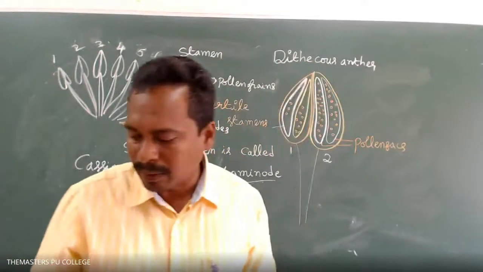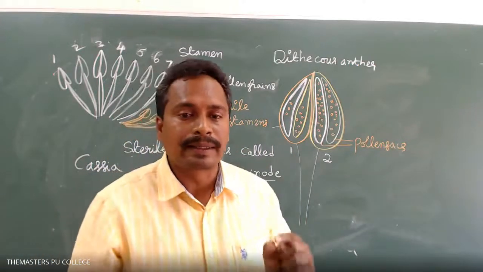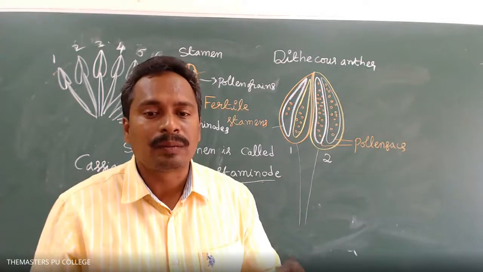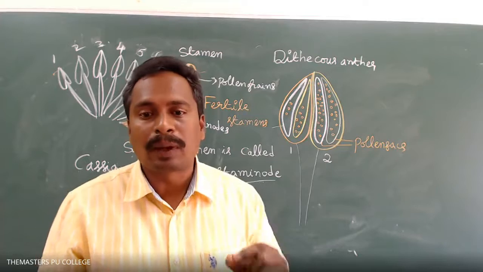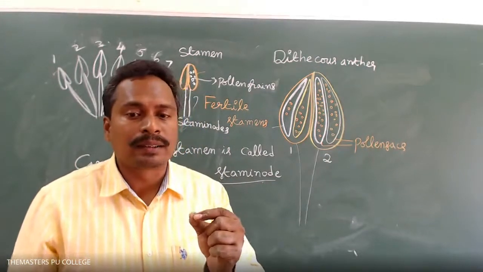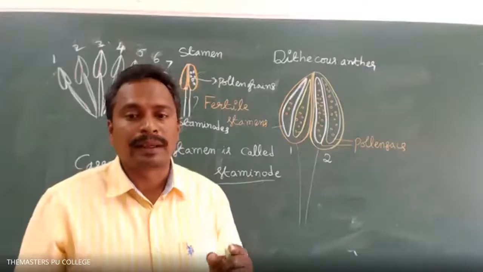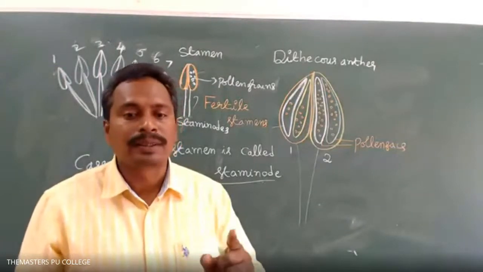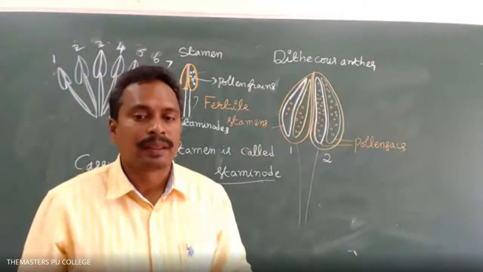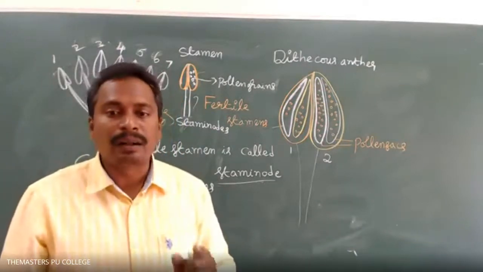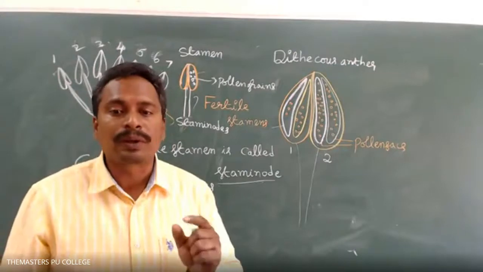In majority of the plants, suppose pea plant, 10 stamens are there. All the 10 stamens are able to produce the pollen grains. Datura plant, thorn apple flower, you have already seen that thorn apple. 5 stamens are there in each flower of the datura plant. All the stamens produce the pollen grains. Generally, in majority of the plant species flowers, all the stamens are able to produce the pollen grains.